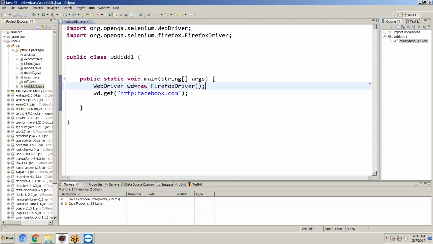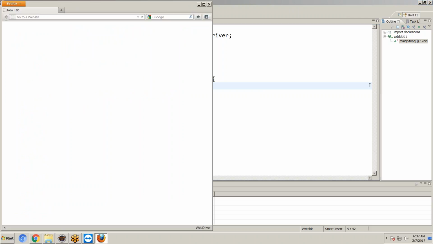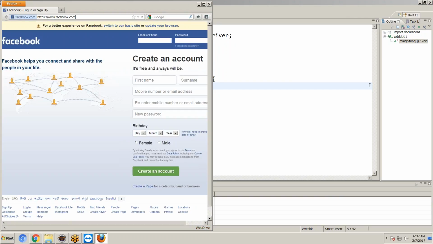WebDriver wd = new FirefoxDriver(). If you want to work with Google, Facebook, Twitter, any site, just give http facebook.com, http gmail.com, http google.com, http youtube.com, http akhiledit.com. So you can use any site. So it will open Facebook. It is open. Right.